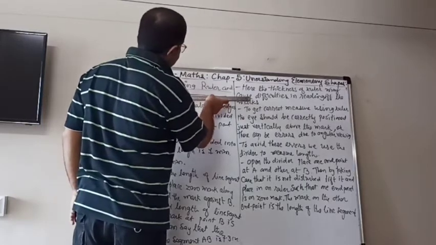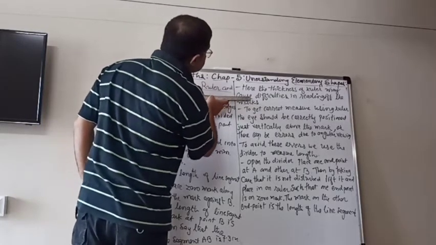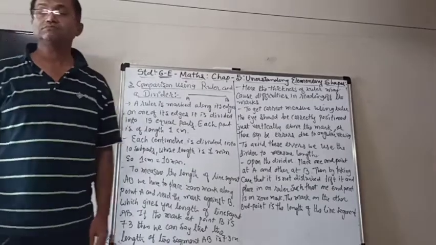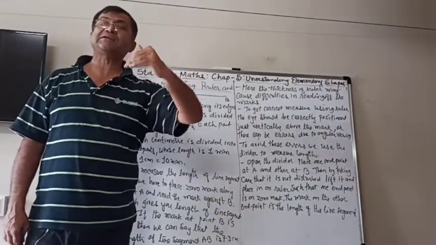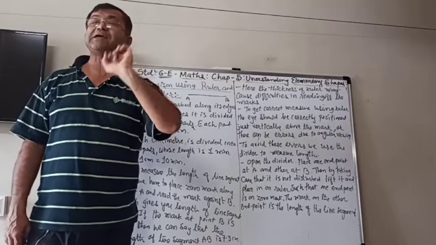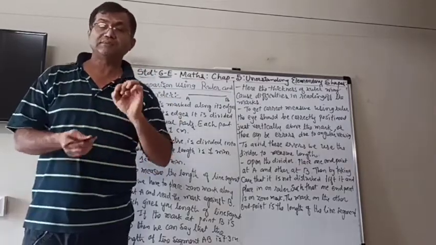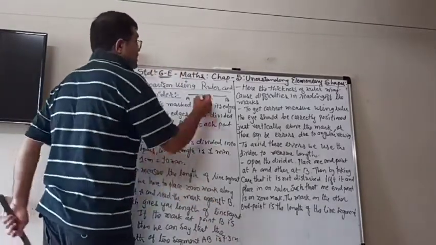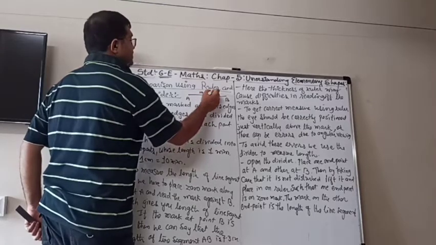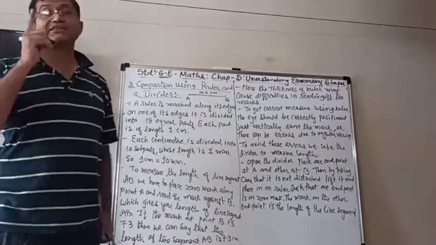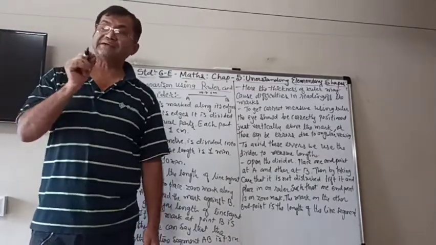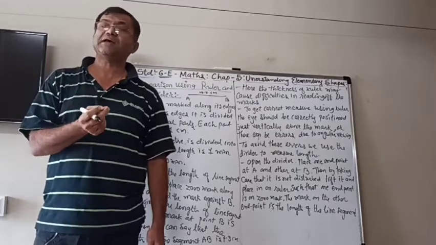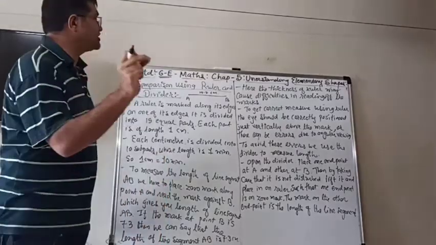I can see here that after the 19 centimeter, there are 1, 2, 3, 4, 5, 6, 7, 8 marks. 19 centimeter, and between 19 and 20, along with the 8th part, my ruler is there. It means the length of this line segment will be 19.8 centimeter, because there are 8 millimeters. So 19 centimeter and 8 millimeter. Then we can write it using a point as 19.8 centimeter.